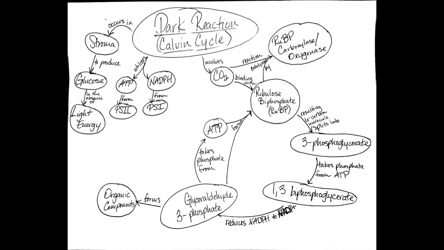And from there, the 3-phosphoglycerate molecules take a phosphate from ATP, which, as I mentioned earlier, was produced in photosystem 2, and as a result, what forms is